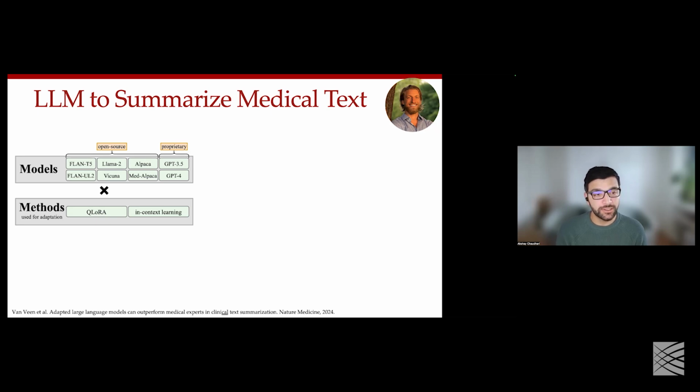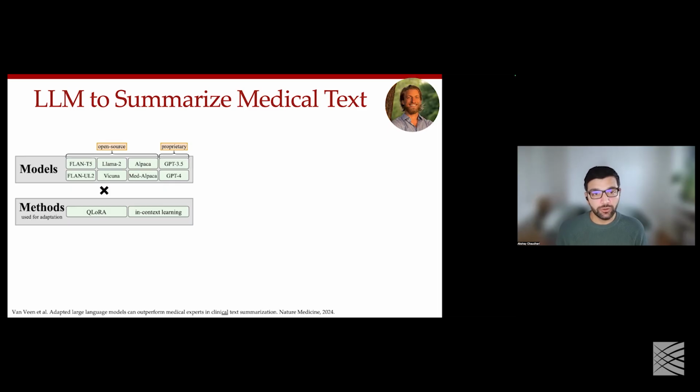The first method was low rank adaptation. And this is basically taking any models where we have the open weights available to us and simply fine tuning the model on the instruction tuning data that we're creating. But obviously, this does not apply to some of those GPT models that could not be fine tuned. So, in that particular setting, we also chose an adaptation strategy called in context learning. And in context learning can be applied to pretty much any language model that we have.